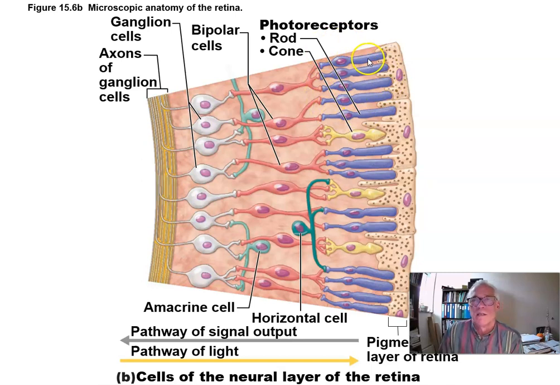The rods' inputs are funneled into bipolar neurons. You can see these three rods all synapse with the same bipolar neuron. Sometimes you might see that actually all these rods down here synapse with bipolar neurons, which in turn funnel down into one ganglion cell. And so once the impulses from this ganglion cell reach the visual cortex, there's no way of knowing where the photon actually struck that's being analyzed. It could have been anywhere in this area where all these rods are. Whereas the cone cells